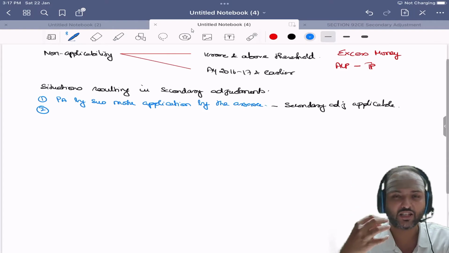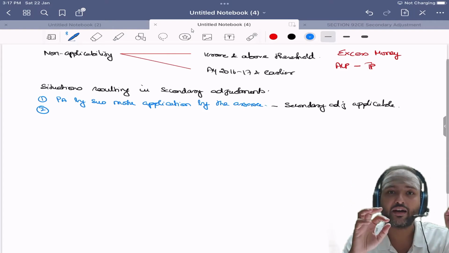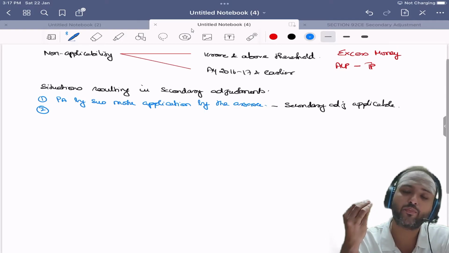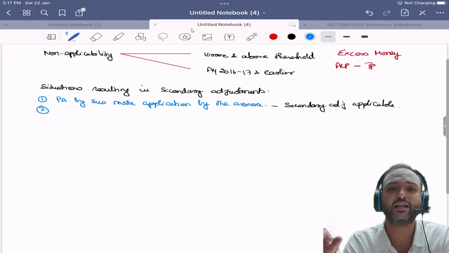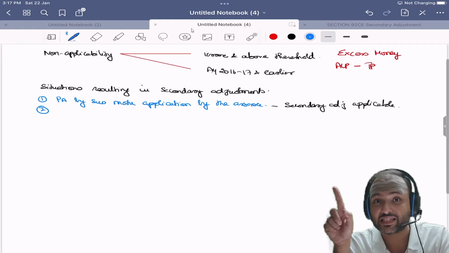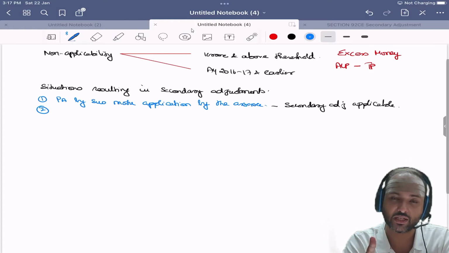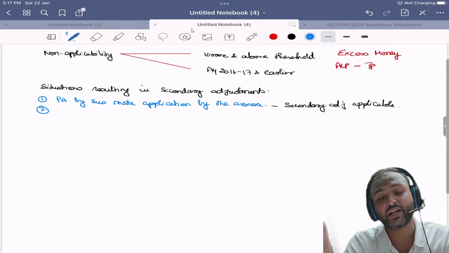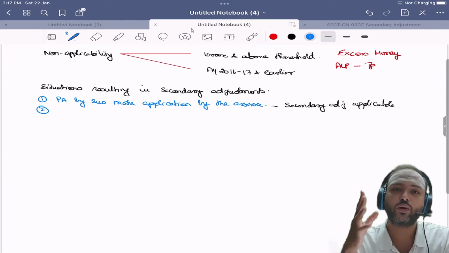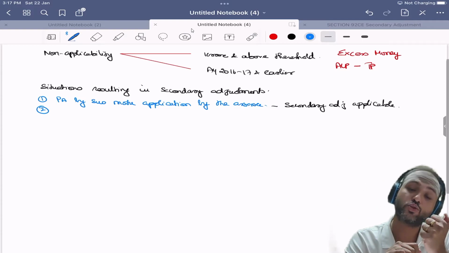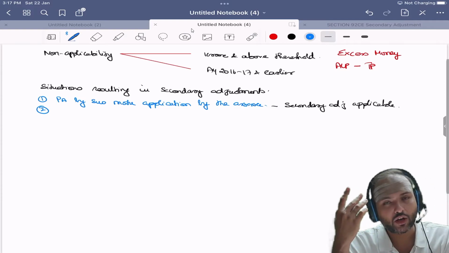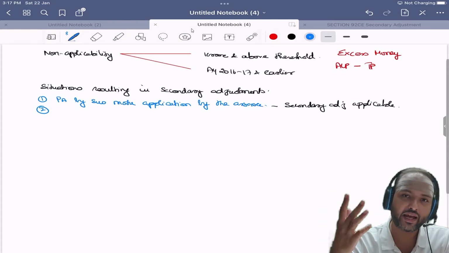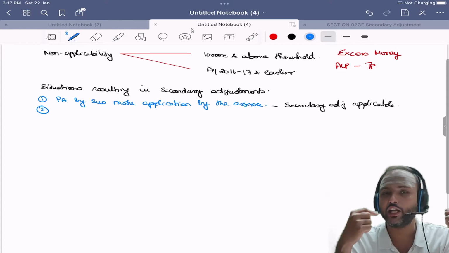I have received the assessment order, 60 crores. I have told the assessing officer, you are correct, please forgive me, I will pay tax on this and we will settle it at this stage itself. The assessee has accepted the order of the assessing officer. Okay, so now the primary adjustment will get converted to secondary adjustment and you will have to recover the money. Case 2, you didn't accept, you went on appeal to CIT, again at CIT you lost, you went on appeal at ITAT, you lost and you accepted.